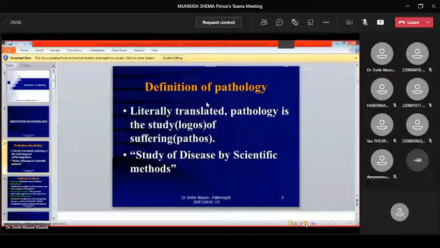So, in summary, the core of science of pathology is the study of the disease and their pathogenesis. Morphologic changes, this one is on microscopy, and it is the heart of diagnostic pathology, meaning that we give the diagnosis by interpretation of the slide. So the pathology focus on the diagnosis.